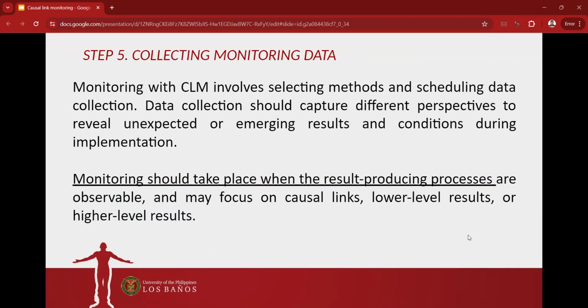Monitoring should take place when the result-producing processes are observable and may focus on causal links, lower-level results, or higher-level results. Those learnings you apply in the CLM model.